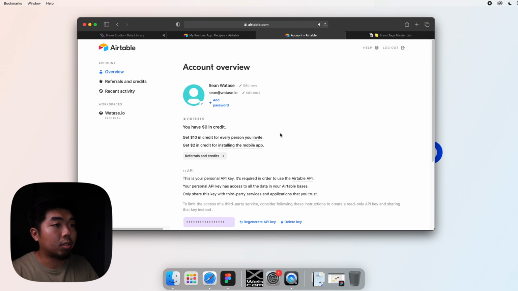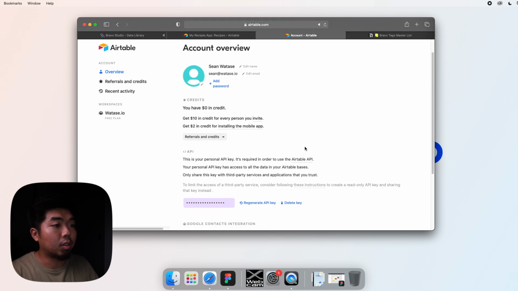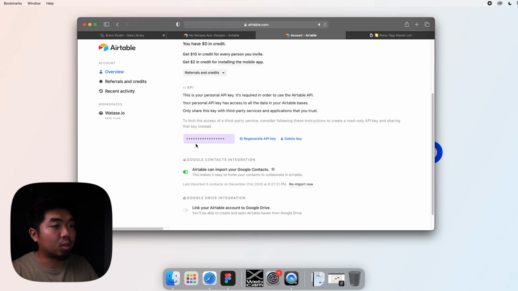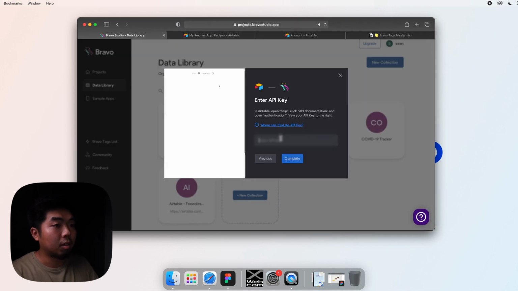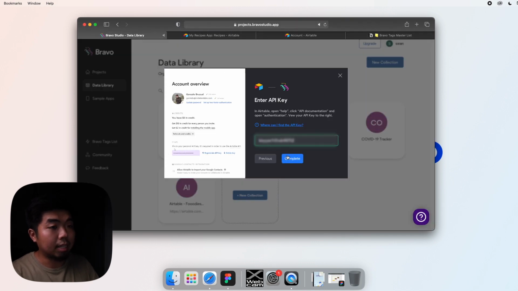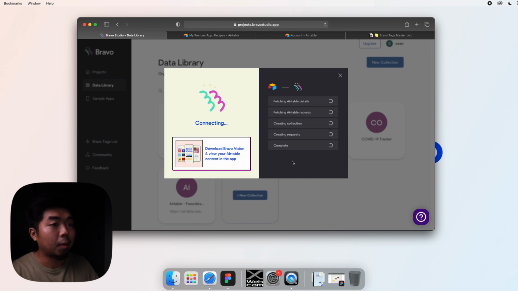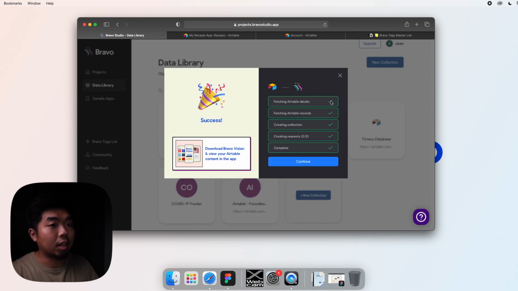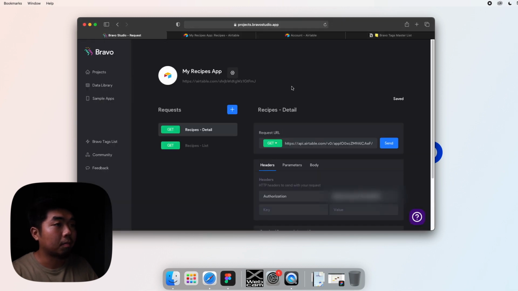And then it'll bring you to your account overview, and what you're going to want to do is copy and paste this key right over here. And once you have it copied, go back to Bravo, paste that key inside, and then hit complete. Bravo's going to make sure everything is good, and once everything is completed, you can go ahead and hit continue.